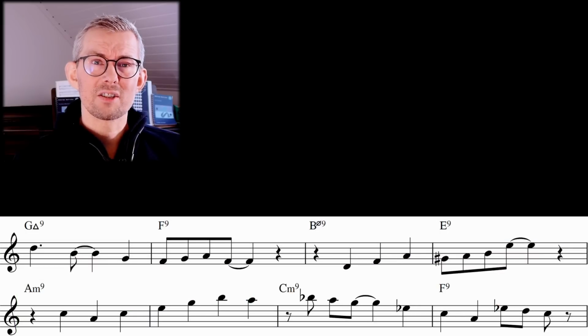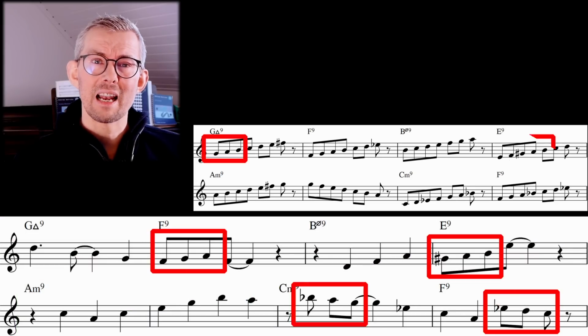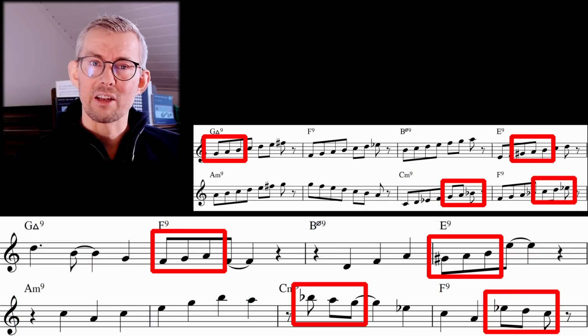When you look at this little solo bit, you see what parts of the scale I'm using. So when I'm playing the 8th notes. So when I'm constructing a solo like this,